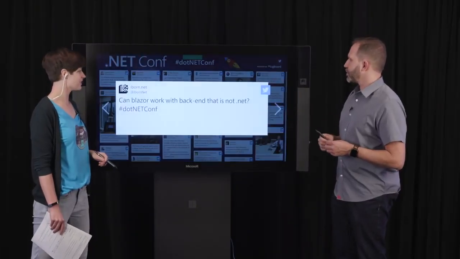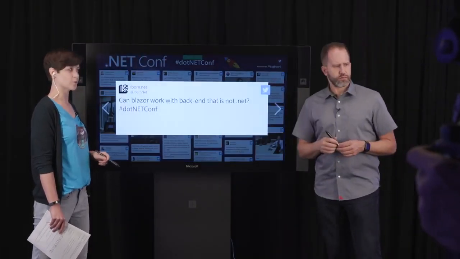Can Blazor work with backends that are not .NET? Absolutely. If you have a Blazor WebAssembly app, it is just a bunch of static files. You can host it on GitHub Pages. You could put it on Azure Static Site Hosting and have whatever you want on the server. It could be Java on the server. It could be Python. It could be a fast typing monkey. It doesn't really matter because it's just a bunch of static files that are going to be downloaded into the browser